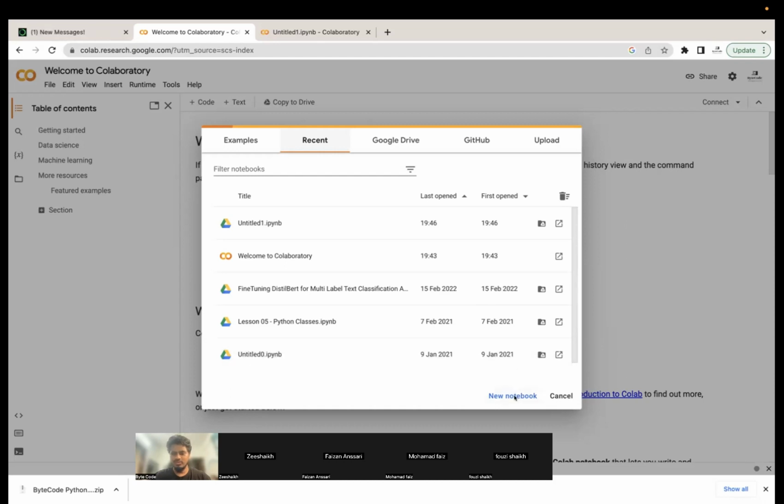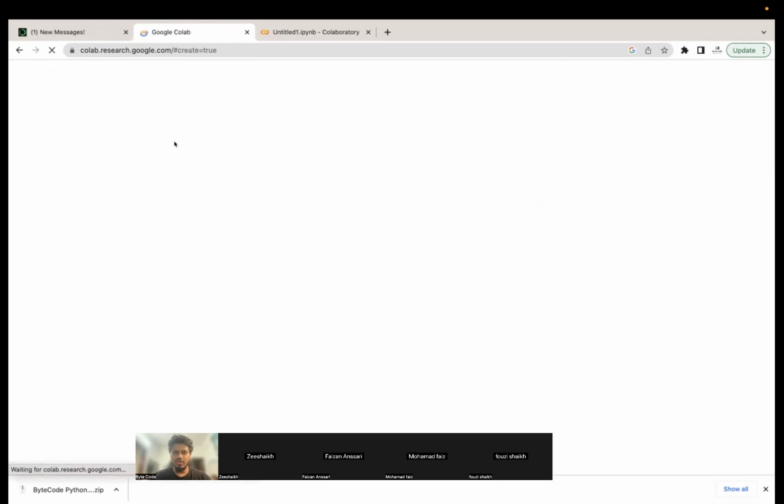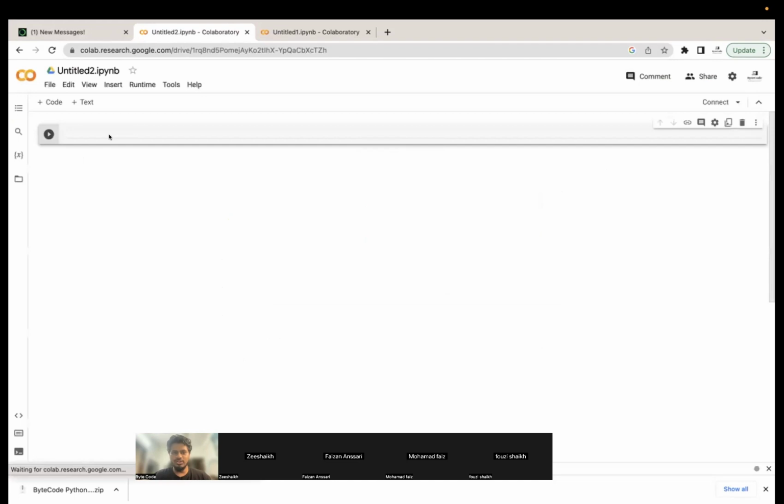You just have to say new notebook and it will automatically redirect you to a page where you can directly write your code. For example, here I can say print again. I will ask, are you guys understanding?